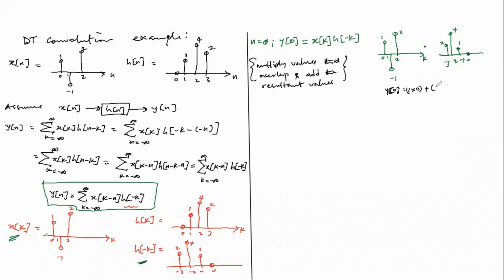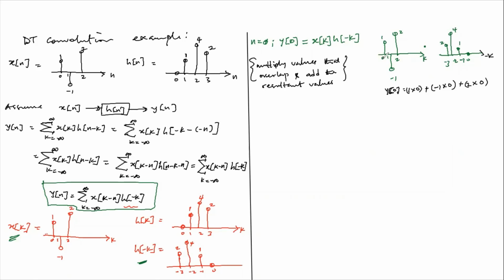The magnitude is minus 1 times 0 because there's no overlap. And at point 2, it is 2, there's no overlap too, so it's 2 times 0. No overlap meaning the time scale here does not have 2, does not have 1. It only has 0, minus 1, minus 2, minus 3. So the time scale here that coincides with